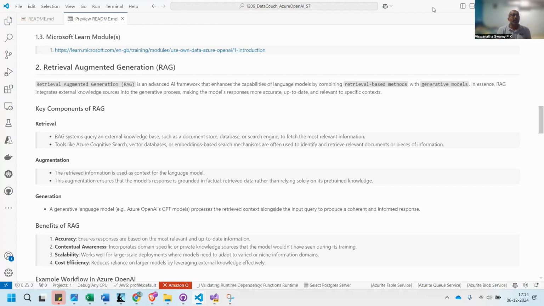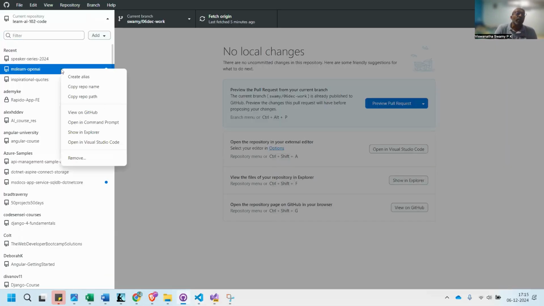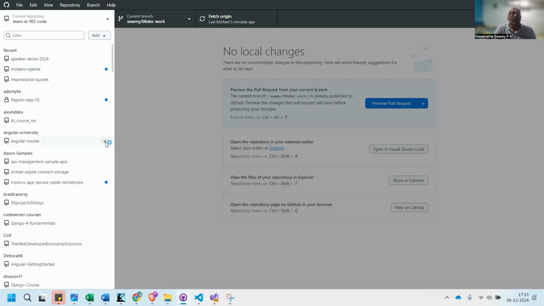Okay, so here the augmentation, what happens is the retrieved information is used as the context. This is not something new which we are seeing now. We already saw that in one of our previous exercises, where we were having the grounding.txt. That was related to the red panda. Without giving that grounding.txt, when we were sending the information, it used to tell us that it didn't know. But when we gave a proper grounding.txt,